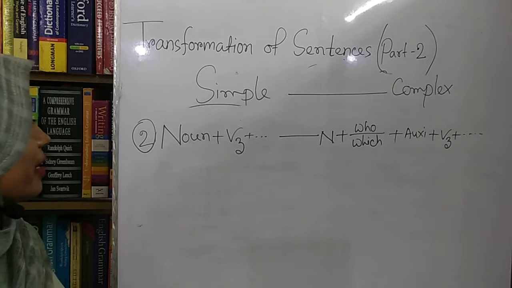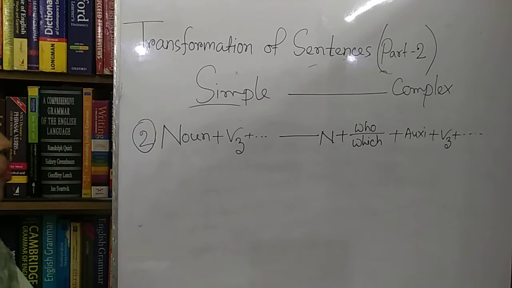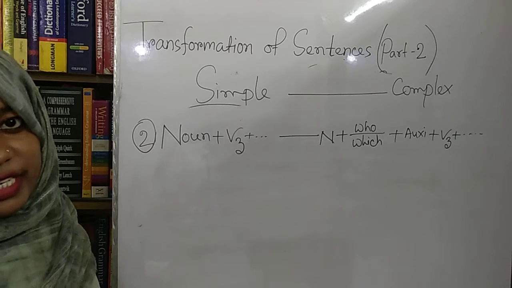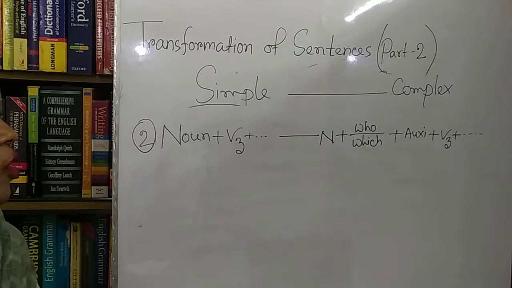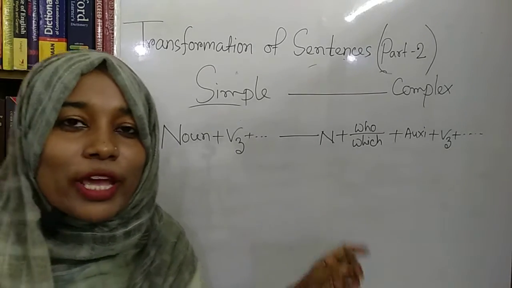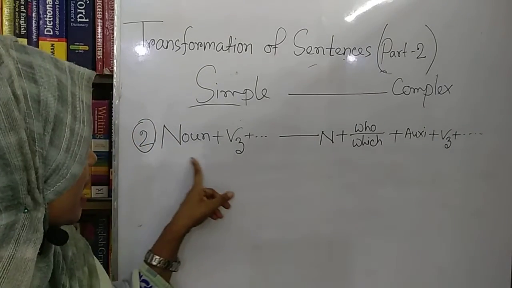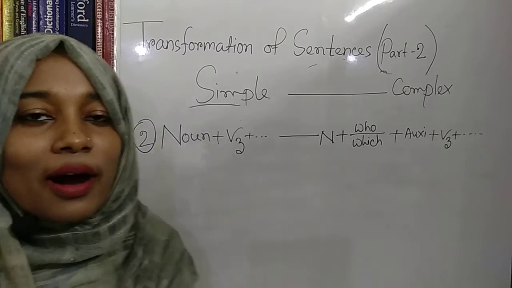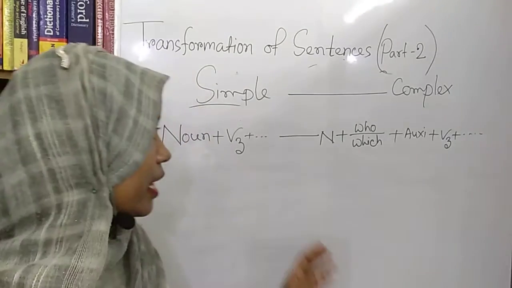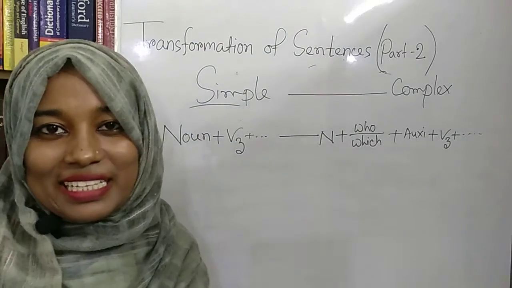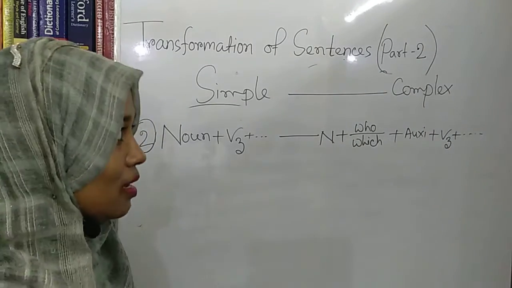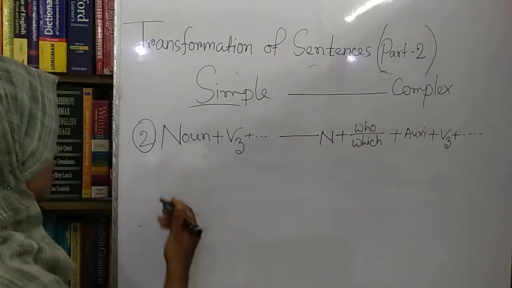If there is a noun plus V3 in a simple sentence, if we want to make it complex, we have to expand this phrase into a subordinate clause. Then a simple sentence will become a complex sentence. As an example here,